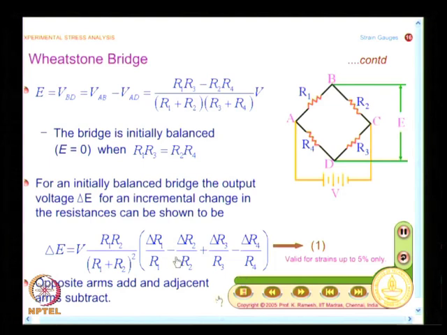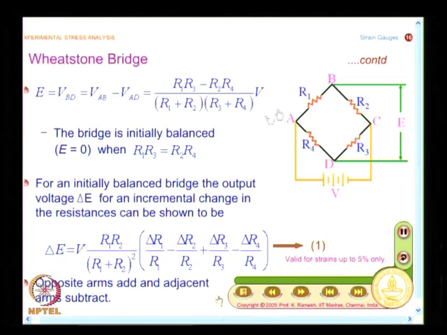Mathematically I see a minus sign and plus sign, but how we will look at it is, R1 and R2 are adjacent arms, and I have a minus sign in between. What way we will look at is, similar strains in adjacent arms cancel each other. This is one of the principles used when I want to remove the thermal influence. And R1 and R3 are opposite arms. Opposite arms add to each other. That is how we look at this expression